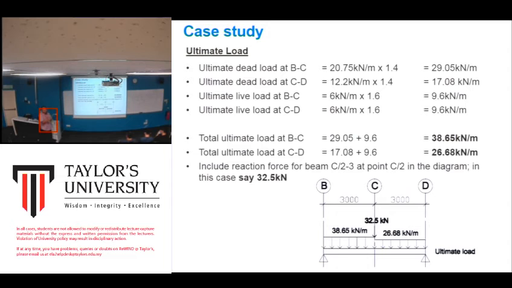You know what I mean? It's not an easy task. It's not as simple as just drawing the free body diagram. You need to calculate one by one. You need to separate the elements, and at the end you need to total it up and multiply by the safety factors. So this is the free body diagram